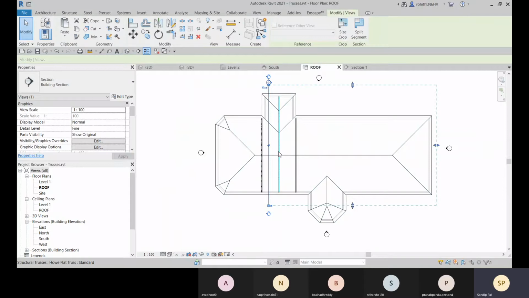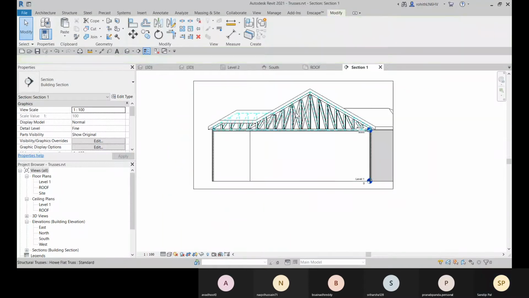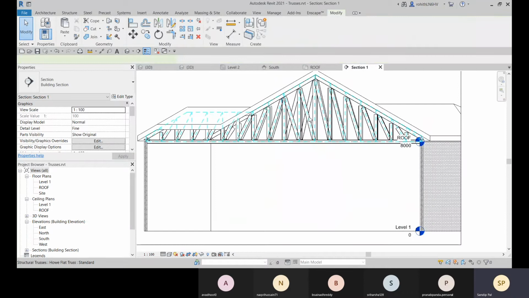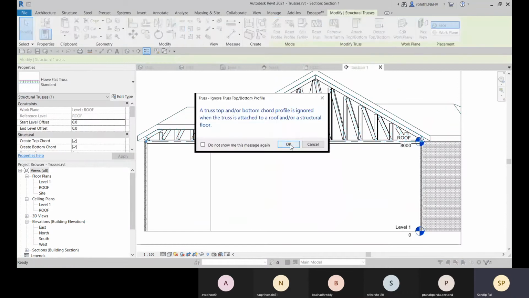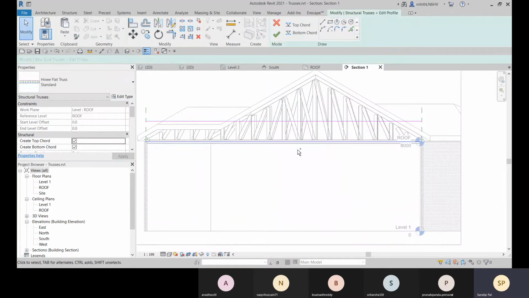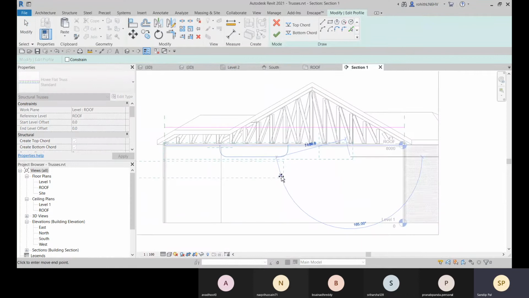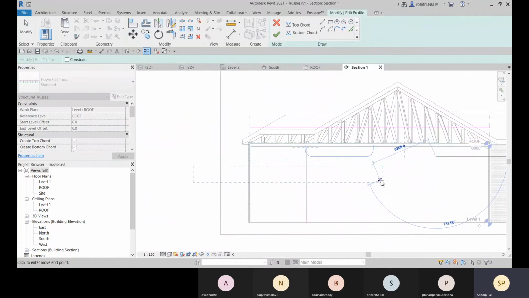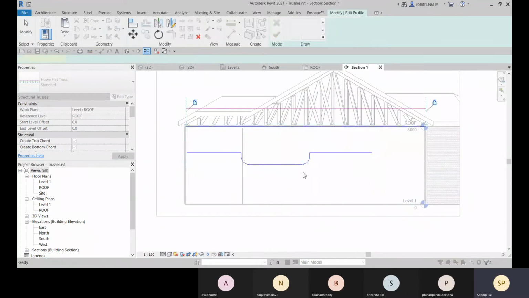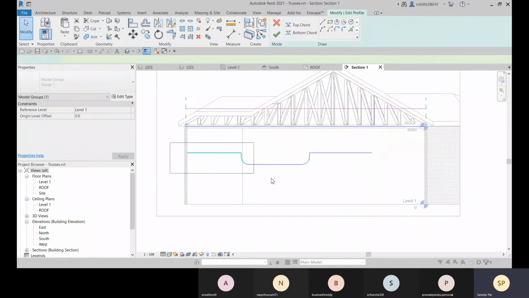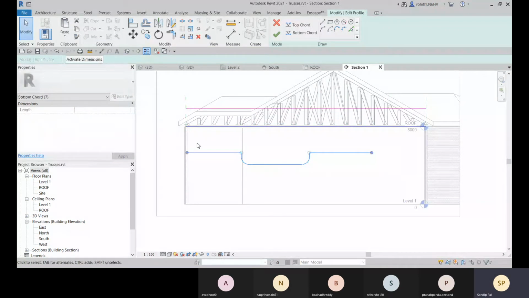So again, get the section for this. And now let me go to the view. And for this, you can go for edit profile, click on OK, and go for Control V. Paste it there. This is the one. You have done it.